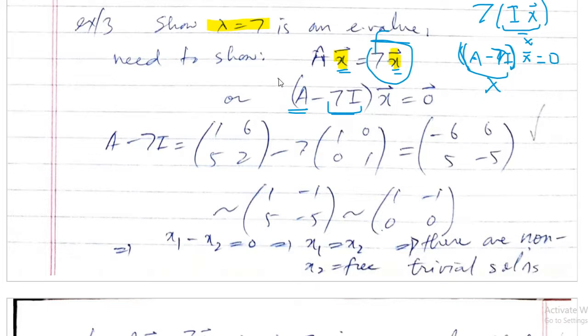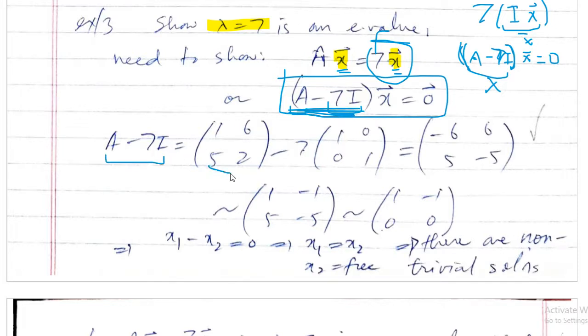Now this is a system of equations which we studied before in matrices. A system of linear equations where the right hand side is 0. So how to solve a system of linear equations? We can take its coefficient matrix. The coefficient matrix is this whole thing, A minus 7I. So I wrote A minus 7I.